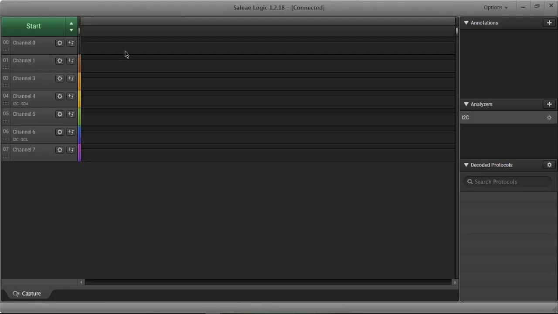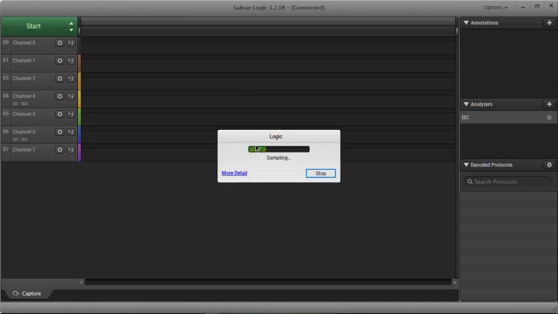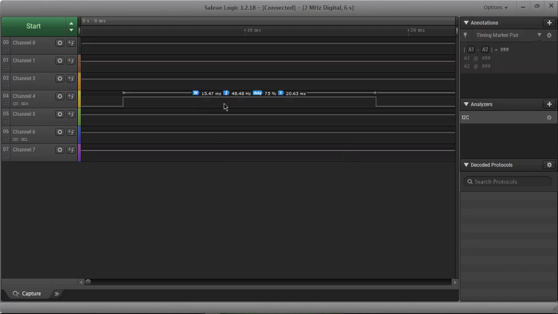If you go into the logic analyzer and see the wave, you will see that it indicates the time period, frequency, and duty cycle. I have connected channel 4, and you can see 15.47 milliseconds, which is the on time, and this is the off time, and the whole time period is 20.63 milliseconds, and the frequency is 50 hertz. So we have generated a PWM of 50 hertz with a time period of 20 milliseconds, out of which our duty cycle is about 15.47 on and 5.15 off.